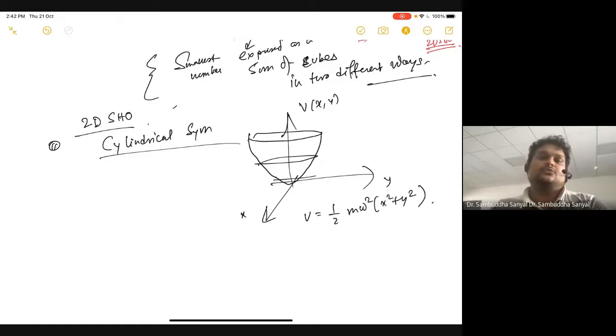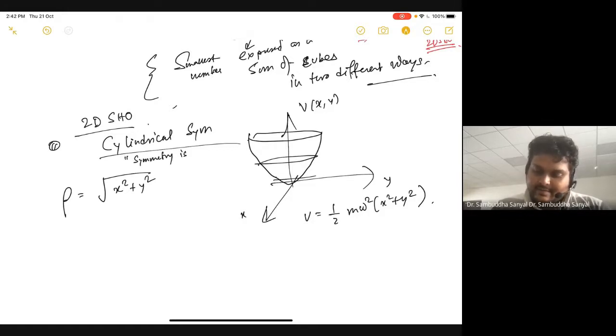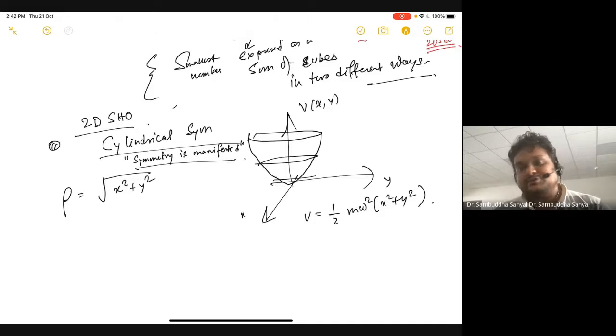So it makes sense to go to a cylindrical coordinate where the problem is easier to express and the symmetry is manifested. That is the main point. You will see this point again and again. There are a lot of choices in this quantum mechanics problem, or any problem. How will you describe and set up the problem? You will see that it's always best to do it in this symmetry-manifested way.